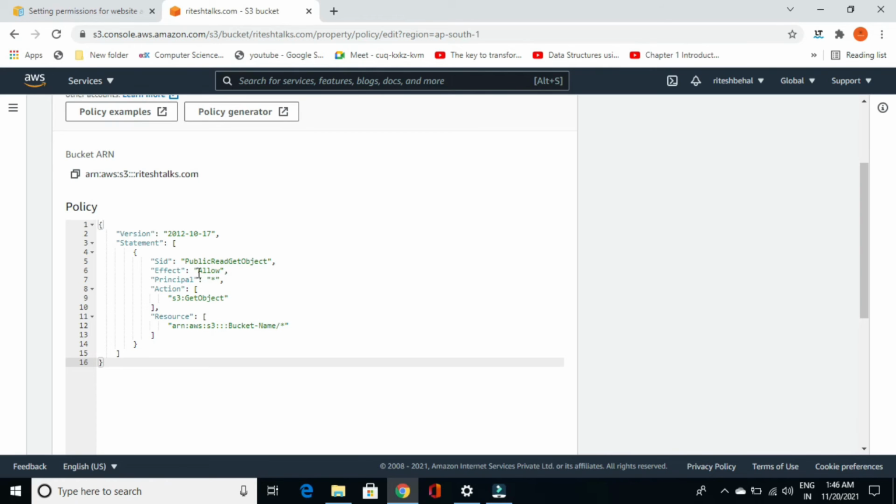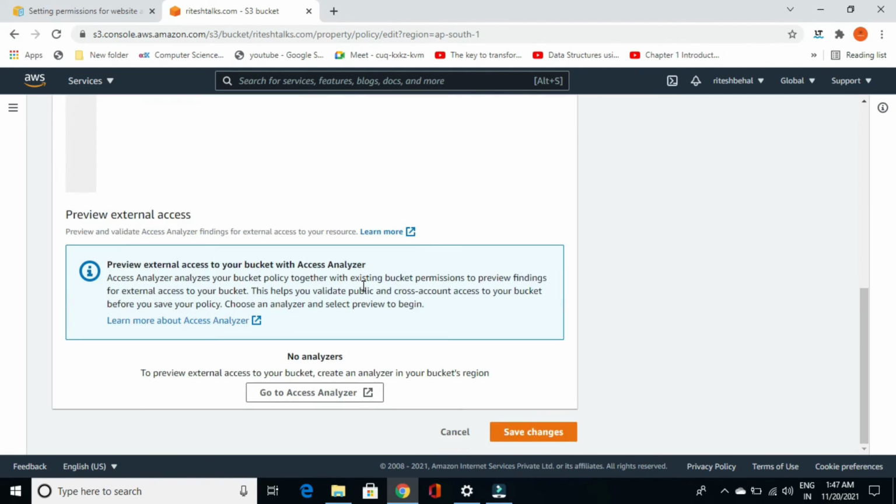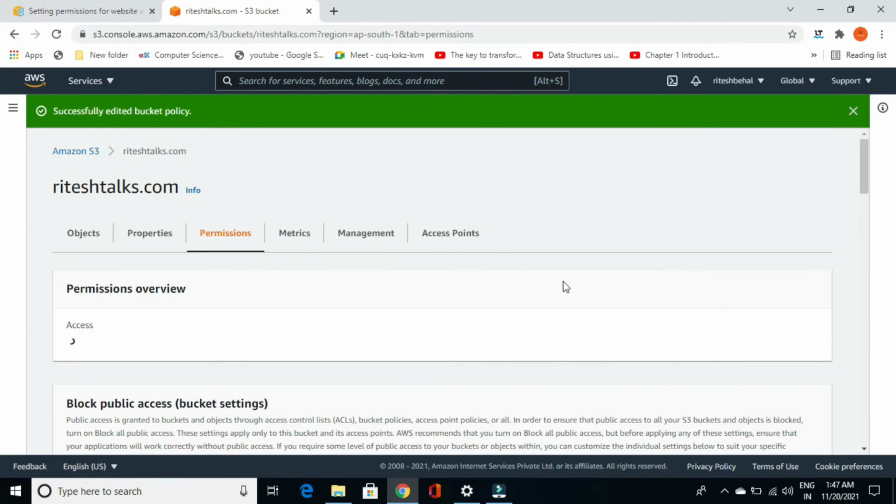Effect: Allow means that everybody can see it, and Principal is asterisk, because asterisk means everybody can see it. Action: s3:GetObject, and for the resource you need to mention the name of your bucket, riteshtalks.com. That's it. You need to go and save changes.